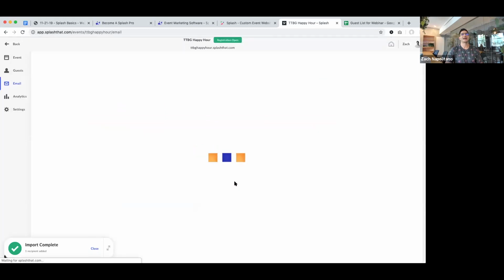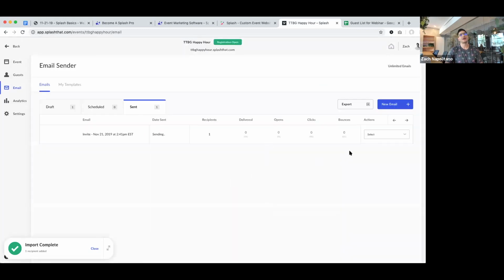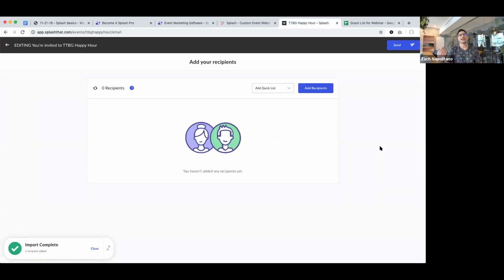So we'll send it out to Zach. After that email is sent, there's a quick action here that allows you to send to additional guests. It streamlines the process. It won't throw you into the design editor. It just allows you to add your recipients and fire immediately. So yeah, you'll find yourself using this quite a bit.